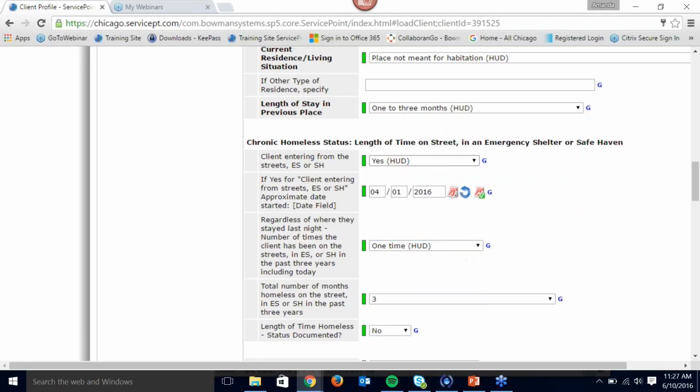But notice that I answered all of these questions, so regardless of whether your client was entering from a homeless situation, I would still need to answer the 3rd and the 4th questions. This can be tricky, so you definitely want to talk to your agency technical administrators if you have questions about